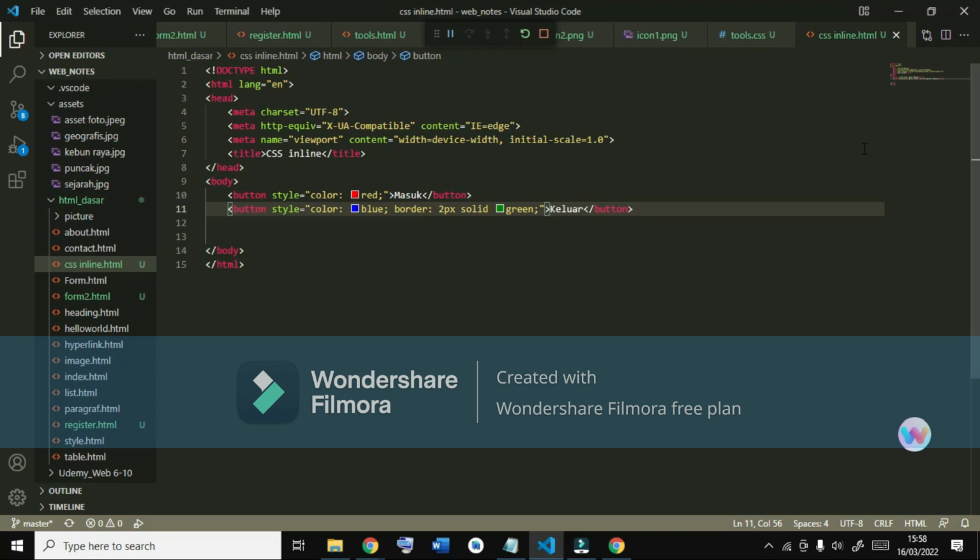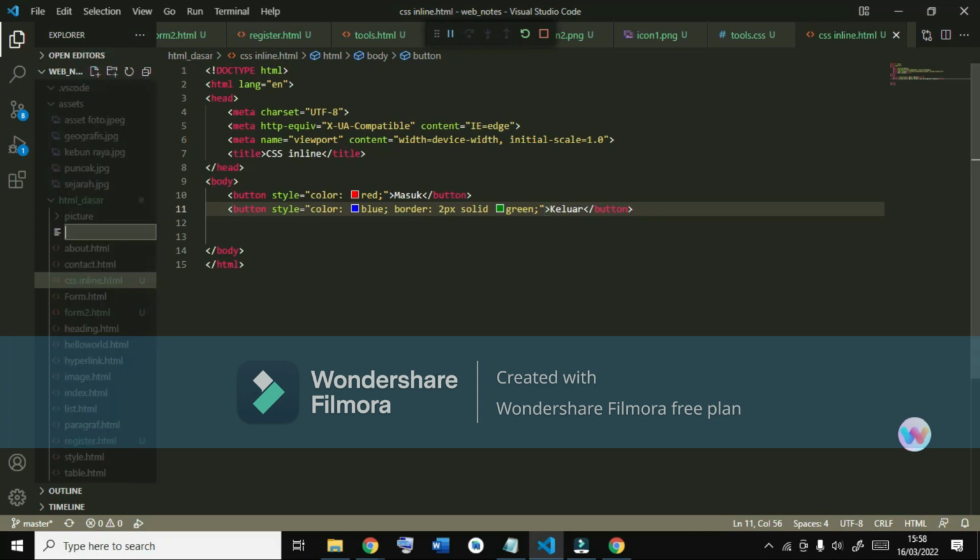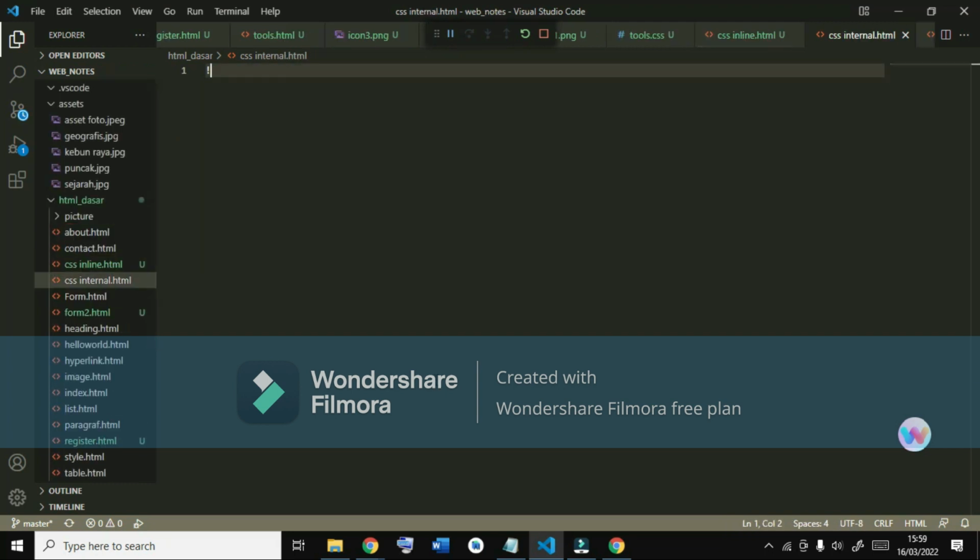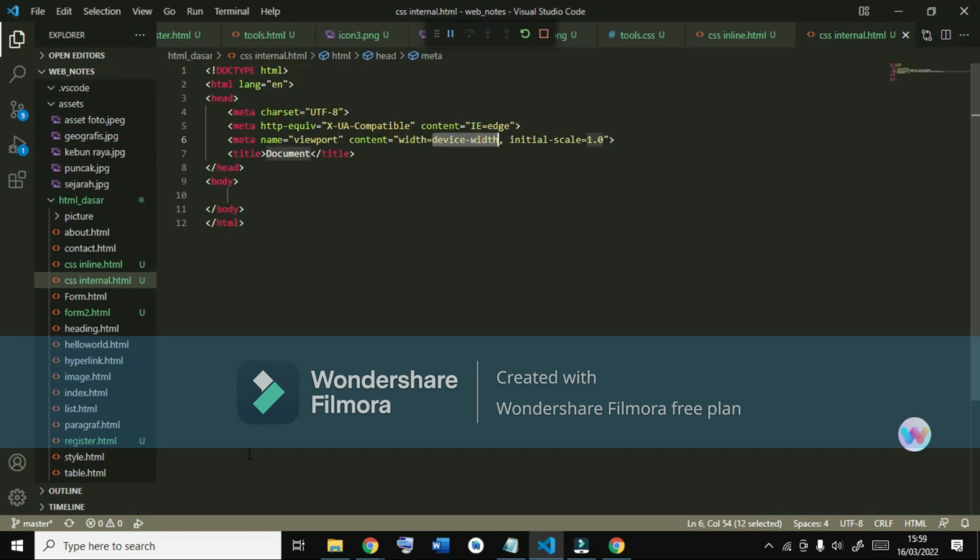Suppose we add a new file, CSS internal dot html, press enter, write the code, and set the title to CSS internal.